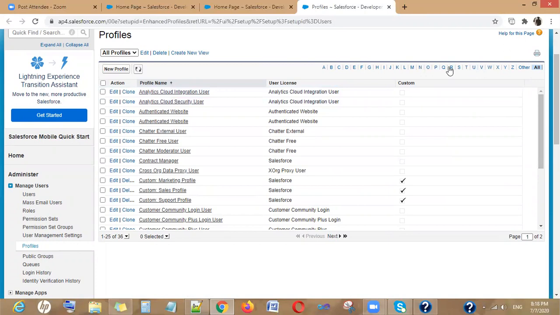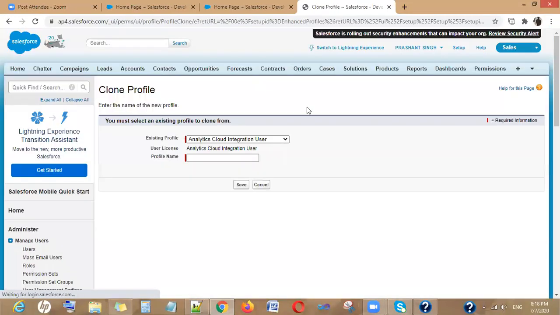Let's say, here you have a new button. By this you can create a new profile from scratch.